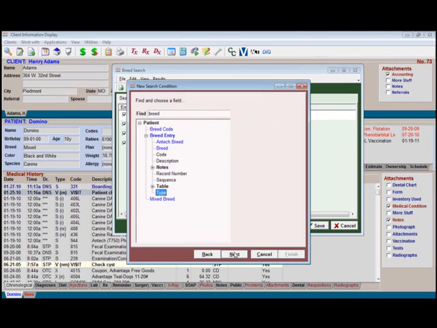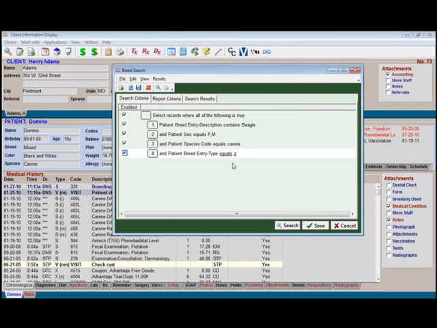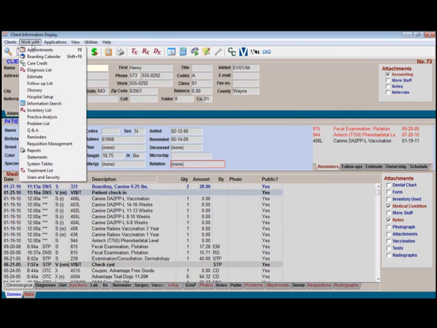I'm going to choose type, breed type. And we're going to choose a specific breed type, and I'm going to put in a Z, and I'll explain what this is here in just a moment, and click Finish. In our data, if I come over here and go to Work With,